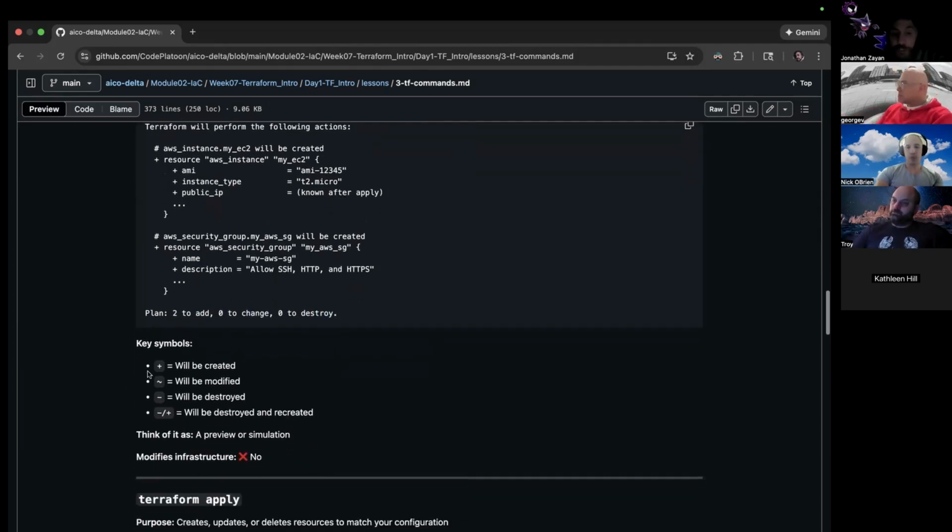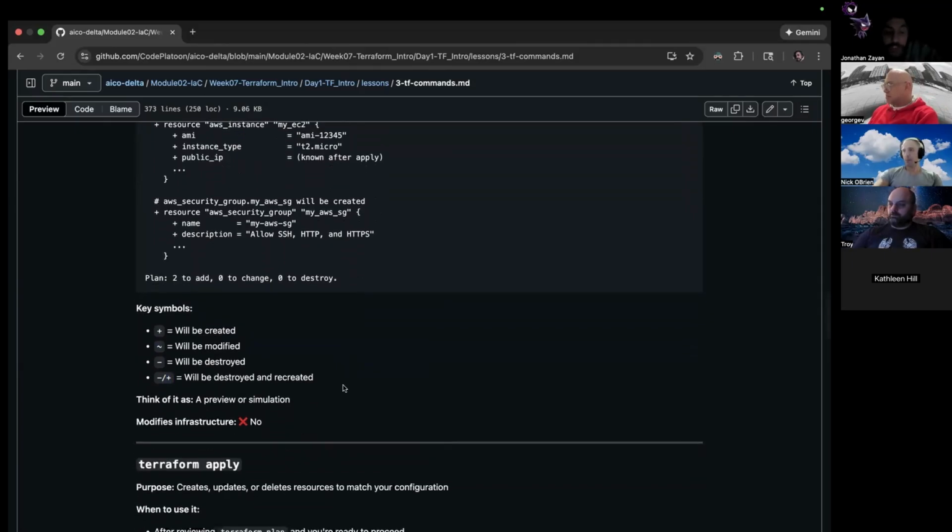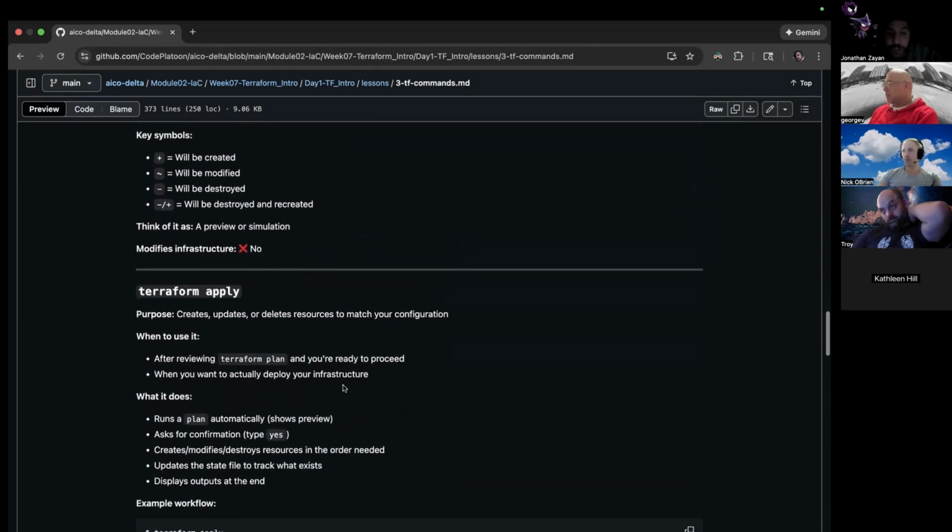So those key symbols are these when you're actually looking at the blocks themselves, like the reference. The plus is if it's created. The tilde, I believe is what it's called, is if it's being modified. The minus or negation is what's being destroyed. And then this bad boy, if it's a minus and plus sign, it will be destroyed and recreated. You can think of it as a preview or simulation.